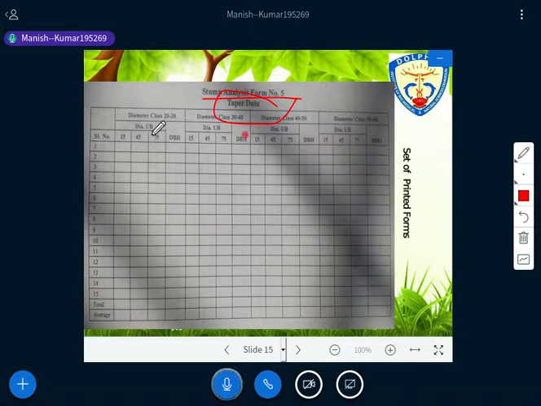So how the data has to be there? You just look at the table that we have already made. So here the diameter under bark has to be clear. Then we have another diameter under bark, then another under bark, but here the diameter class has to be taken. Just look at the diameter class, right? All this diameter class has to be written over there, and accordingly we have to take this diameter under bark, and then we can get the taper data. I think you all know what is taper.